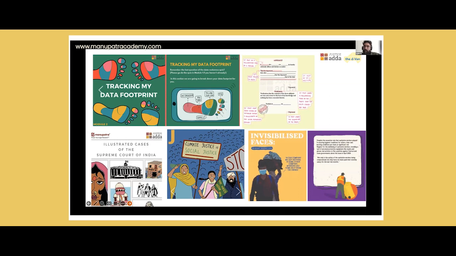If you see to the right corner of my screen, it's an example of an affidavit, which is part of a project called the Graphic Law Library, which you can examine at Justice Adda. This explains basic legal documents, how to write a will, how to write a lease agreement, what the key components of such documents are. On the left side of the screen, you will also see something called tracking my data footprint, which is to explain the notion of data and privacy to people in a language that they understand.